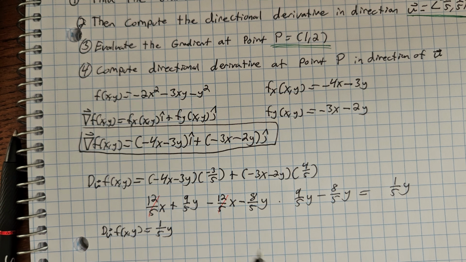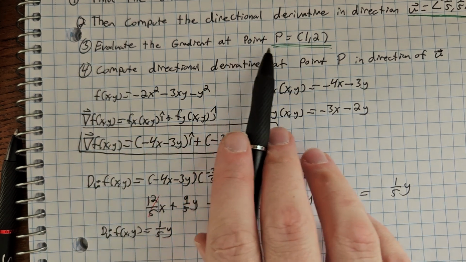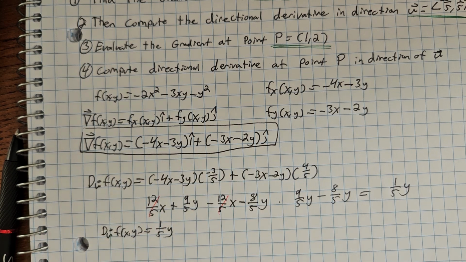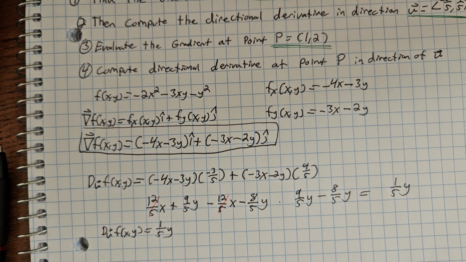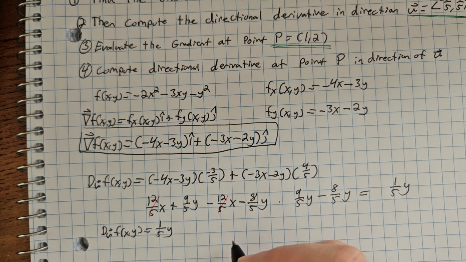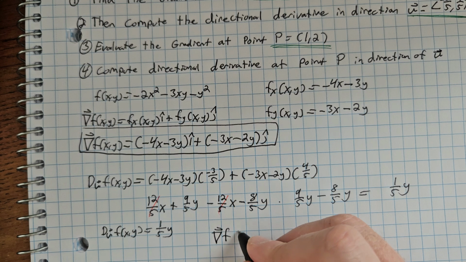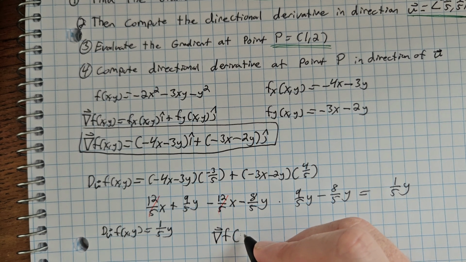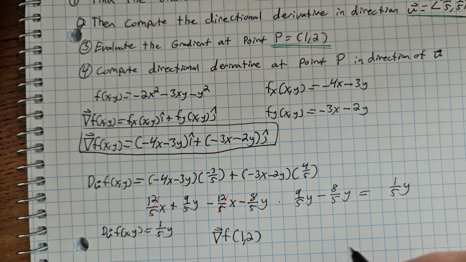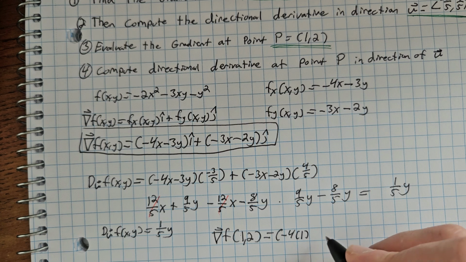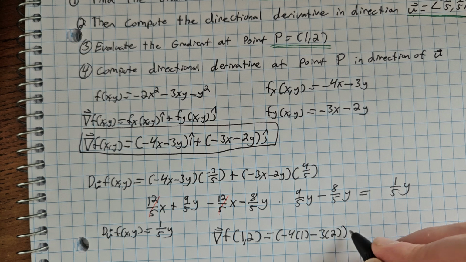Next part is just kind of plugging and chugging. So we're evaluating the gradient at point P, which is 1, 2. So if you remember our gradient here, we're going to plug in the values 1, 2 into it, and it will give us the gradient at point P. So I'll just write it here, I guess. So make sure you use the proper symbols there. And that would equal negative 4 times 1 minus 3 times 2 i